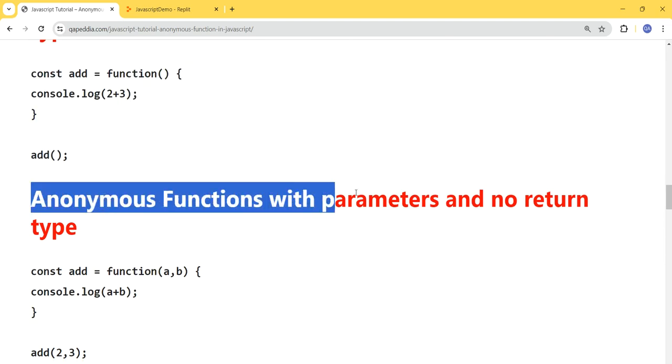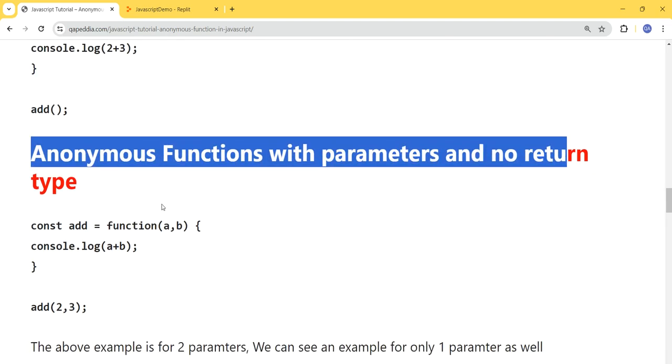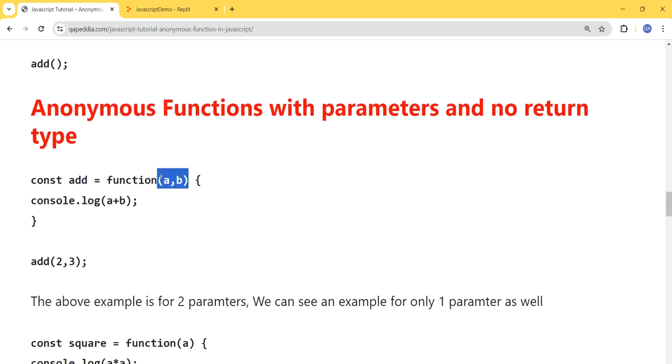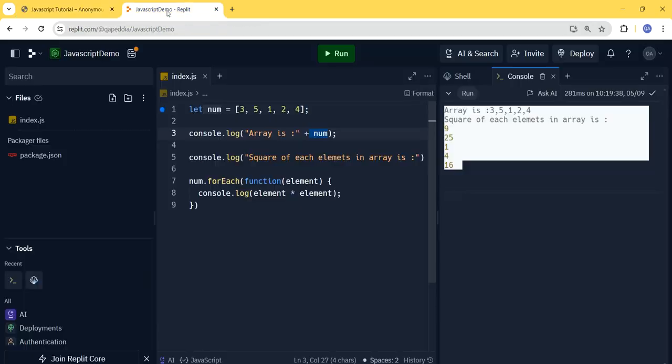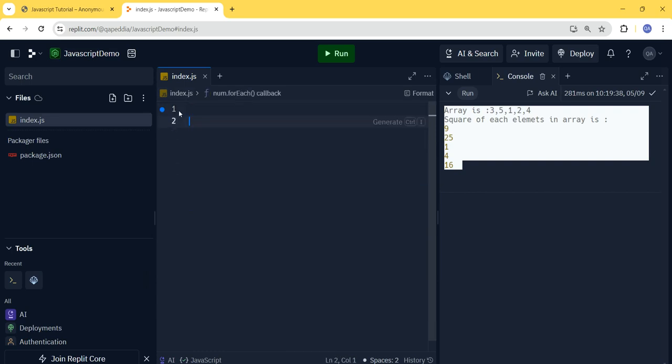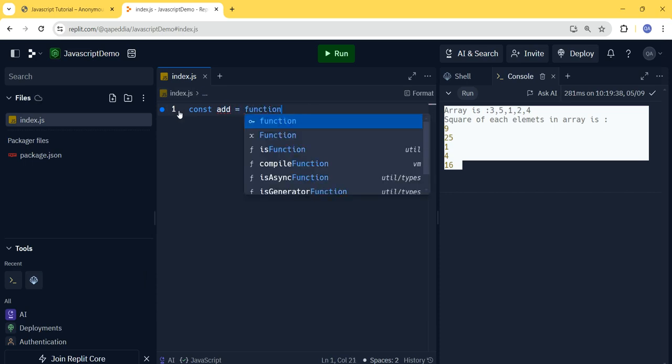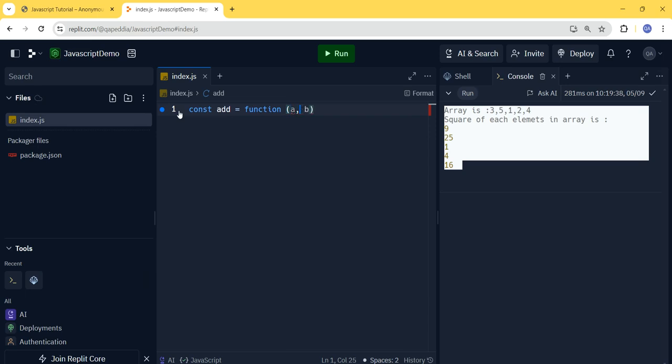Now what is anonymous function with parameters and no return type? In that case, inside the parenthesis we pass some parameters, and whatever operation we want to perform we do that. There is no return type, so we'll print the statement here itself. So let's see this now. Anonymous function with parameters and no return type. const add equals a, b,